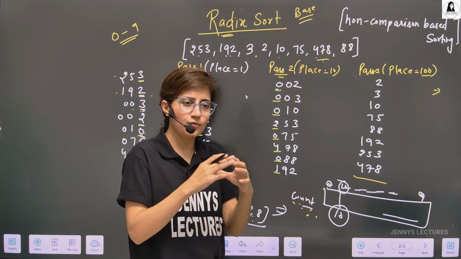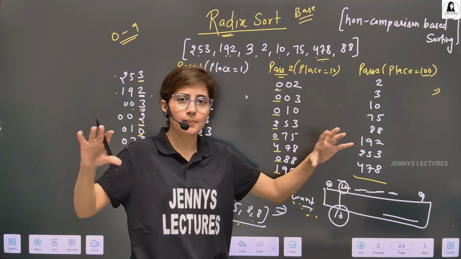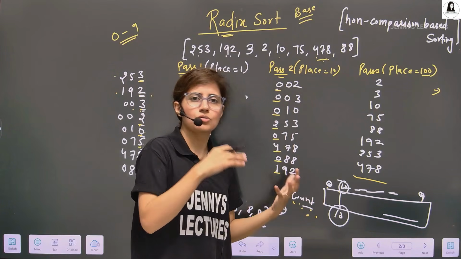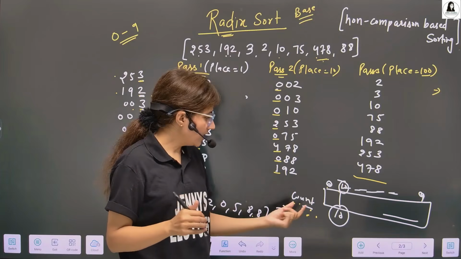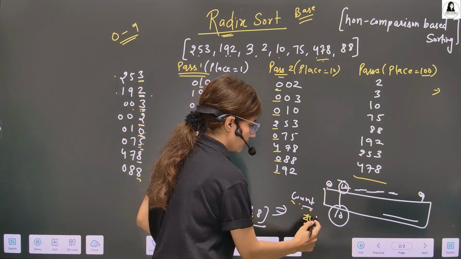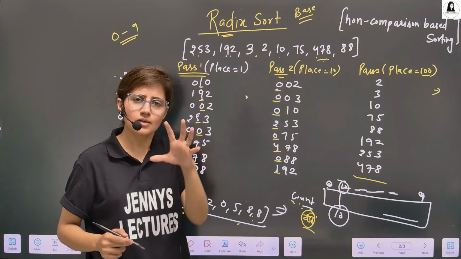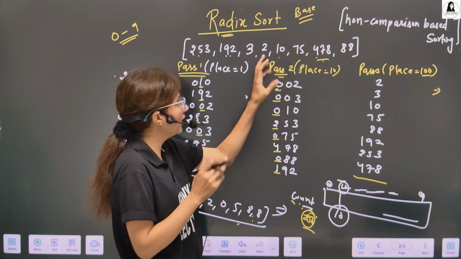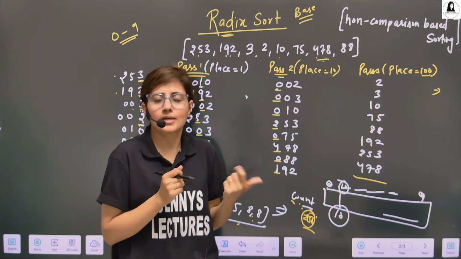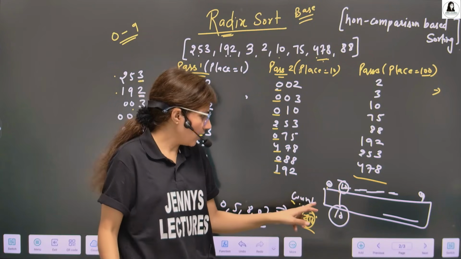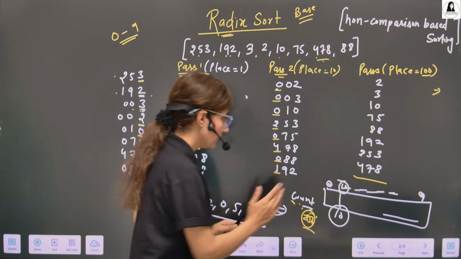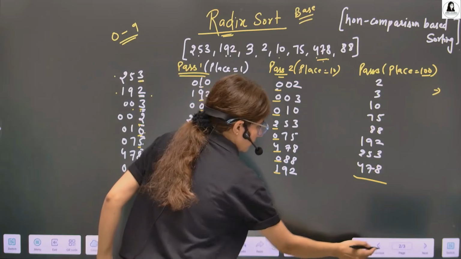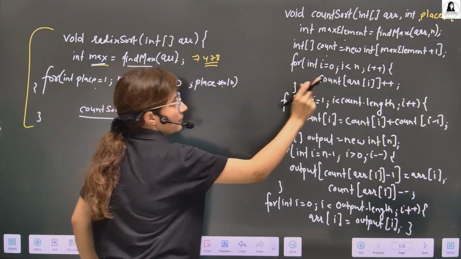Or if you take whole the ASCII length, because there can be capital A to Z or some alphabets or space or some other symbols and like that. So in that case, you can take count array size 256. But it is fixed. The main thing is it is fixed. Depends on the number system you are using. But here we are dealing with only numbers, that is decimal numbers, integers. So in my case, count array size is 10 always. That's the main thing.